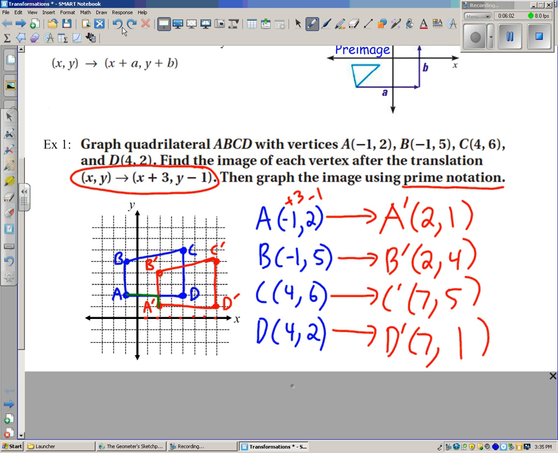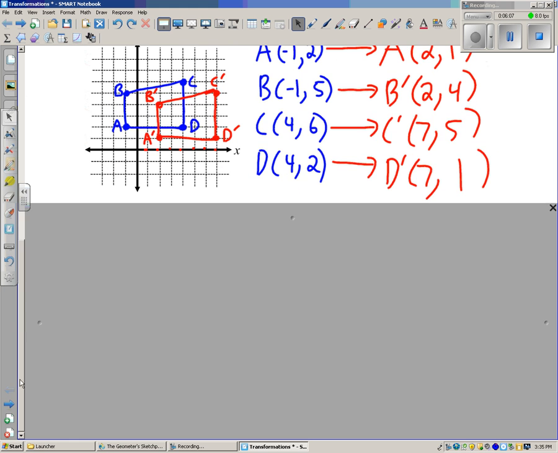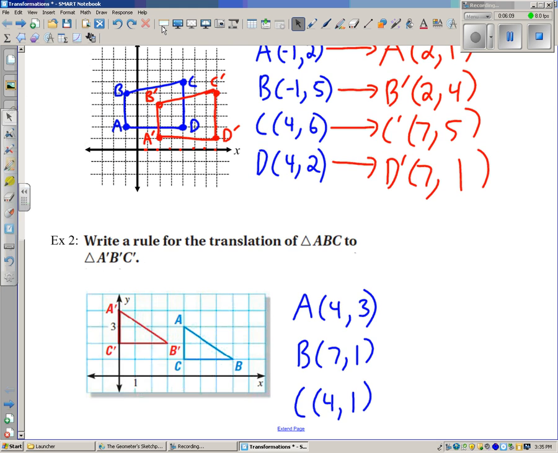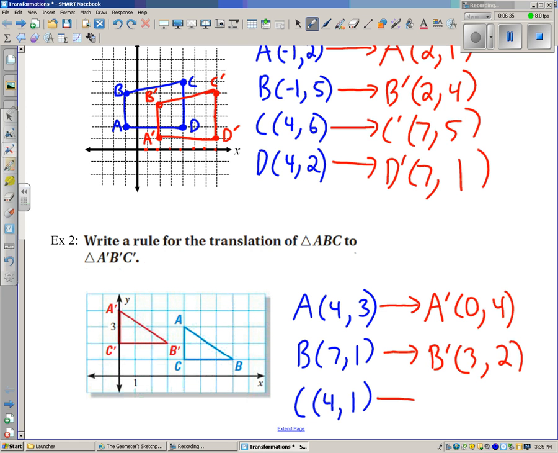Okay. Lastly, I just want to look at something a little different. So instead of giving you a rule, I'm going to give you a diagram. And I want us to see if we can figure out what the rule is. So we've got our blue triangle translated to become our red triangle. A is (4, 3). A prime is now (0, 4). B prime is, let's see, over 3 up 2, so that would be (3, 2). And C prime